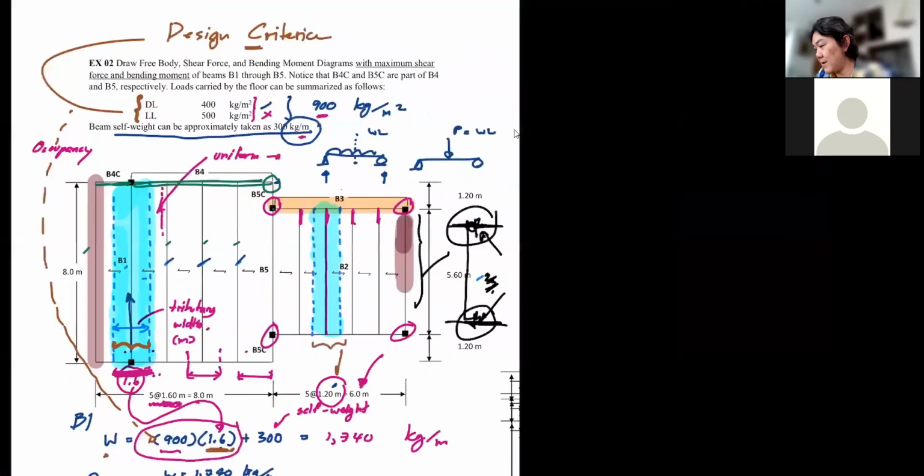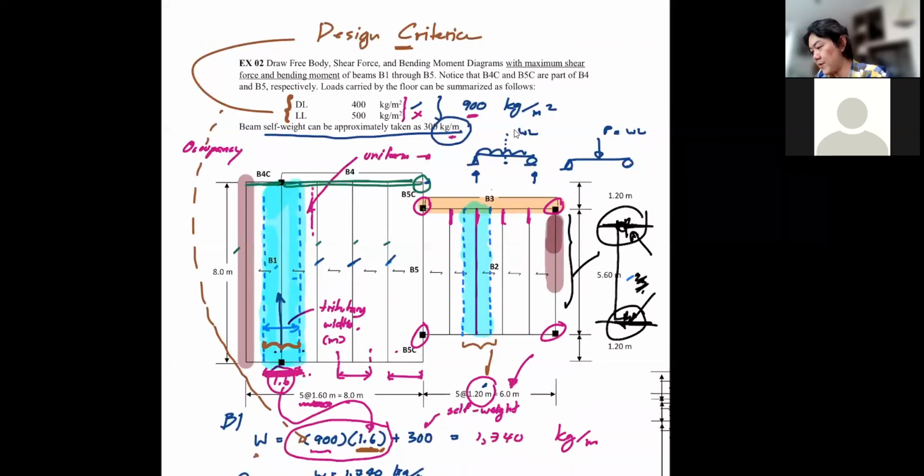Now let's come back here and take a look at B3. I got a very good question from the last active session: how do we figure out the system? I could not finish the entire plan last time, so I didn't get to talk about the entire system. That question got me thinking, and I realized that I never mentioned it this way in the class. So I'm going to say it for the first time in the class: